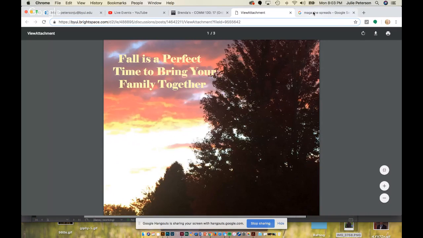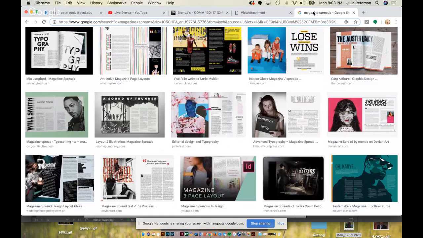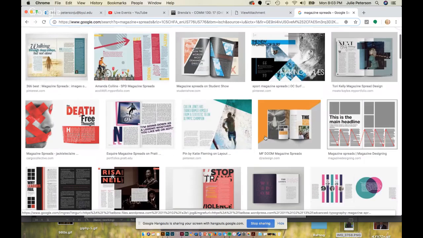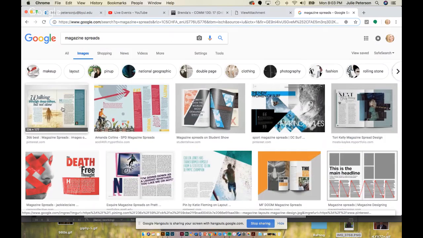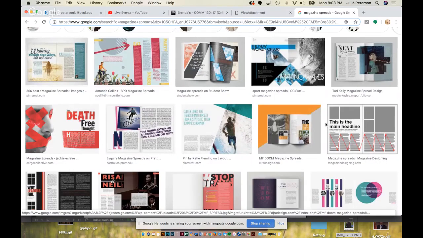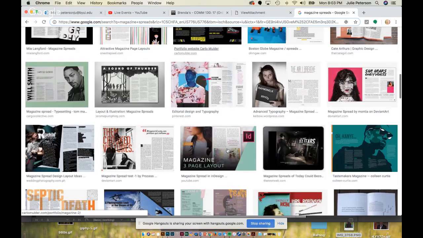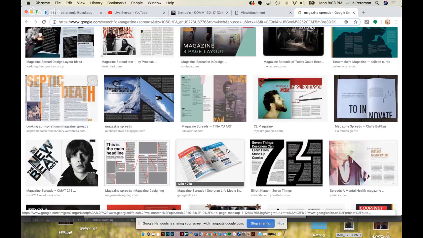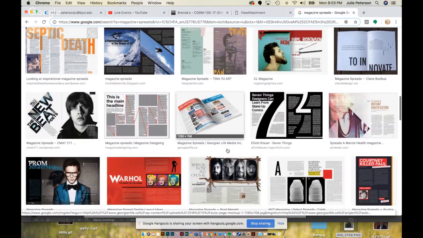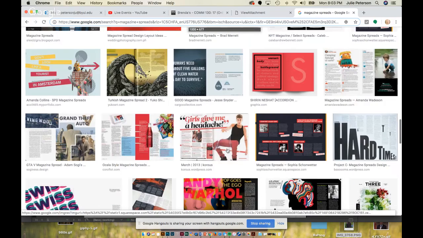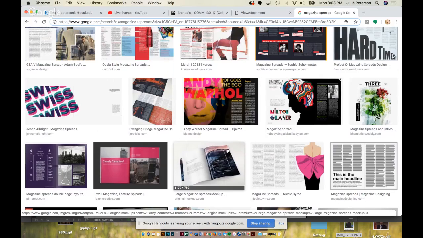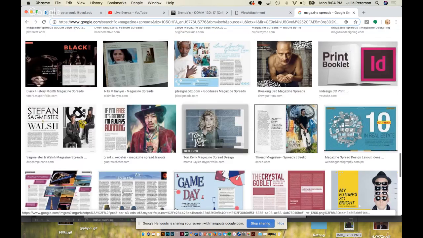So I want you to type in magazine spread in Google and look at the different magazine spreads and pay attention to their typography and how they make their typography a little bit more interesting, okay? And then think fall too. What is fall? It's more script-like. It's more soft with yellows. I love the yellows that you put in there, so that's perfect. But go through here and get some ideas for your title and how to break it up.